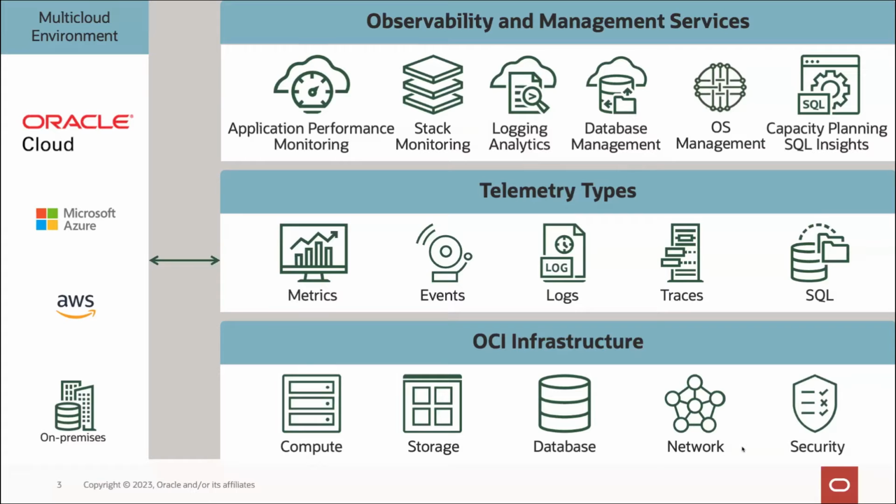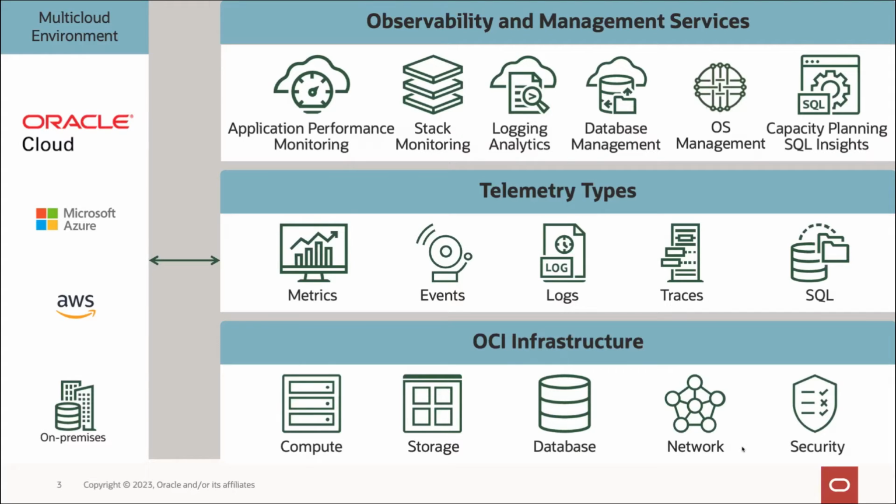All of these services are built from the ground up on OCI Gen 2 infrastructure. It leverages OCI's infrastructure to host all of these multi-tenant services, as well as OCI telemetry platform services, where we store metrics, logs, traces, as well as SQL data at cloud scale observability, so that we don't have any issue with high ingest or collecting data at a high volume. We have customers where we are able to ingest hundreds of terabytes per day in order to make sure that their environments are up and running.